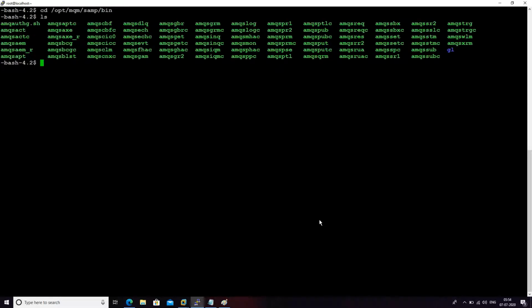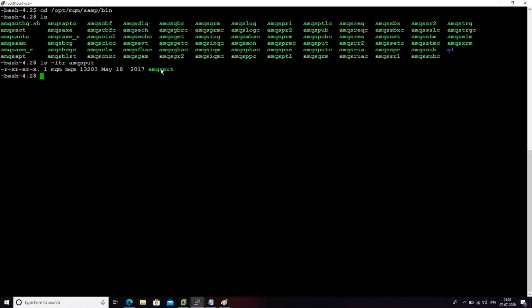These are the sample programs which are default for MQ. Here I need to use one program, that is amqsput. It's there in the same folder. To check whether this program exists in this folder, use ls -ltr followed by the program name, or any word, folder or file name.